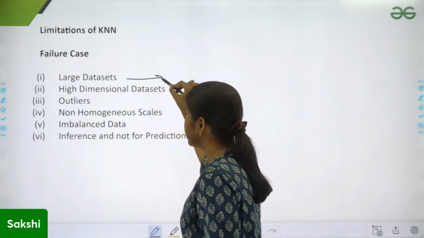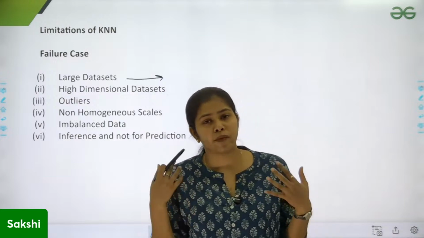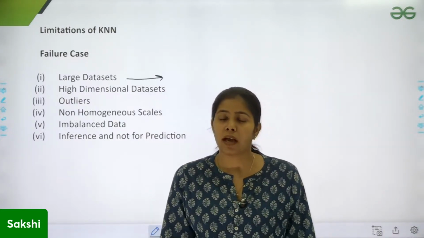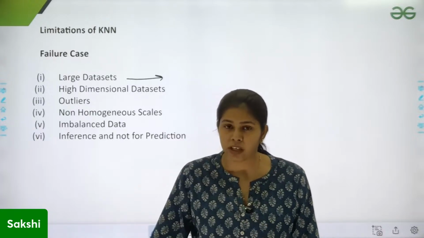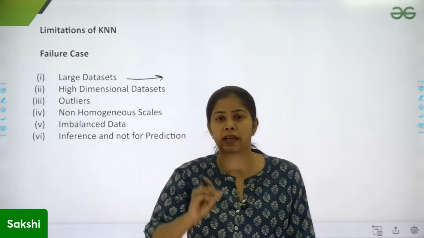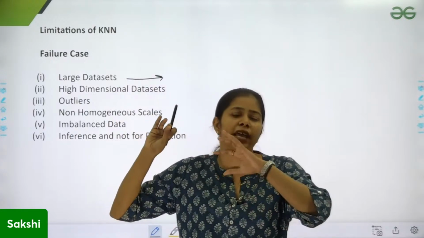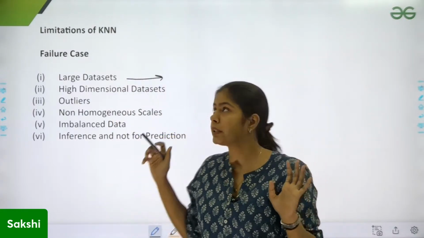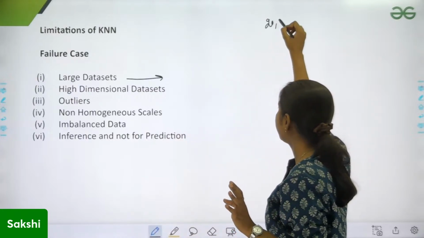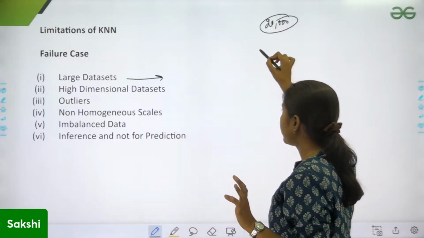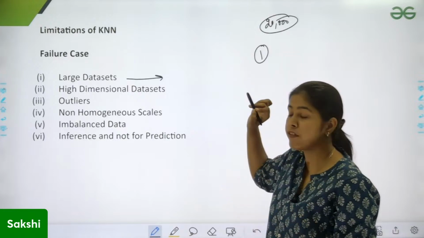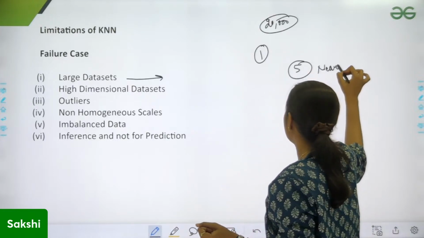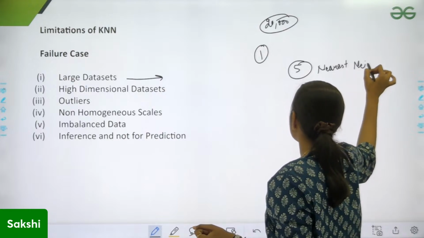If we have a large data set, we have already discussed that this algorithm is a lazy learning technique. There is no training process. I have to take my query data and check the distance. Let's suppose I have 20,000 points in my data set, and I got one new query. Now, to take five nearest neighbors,